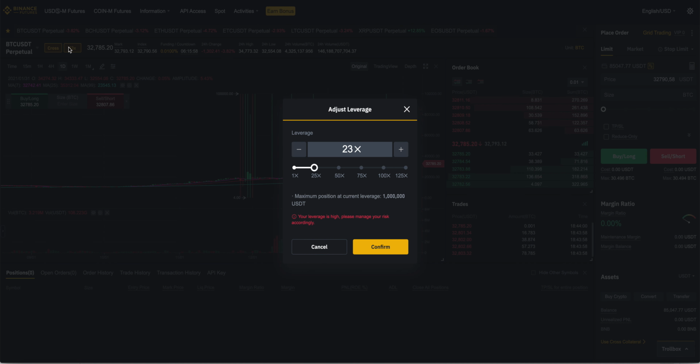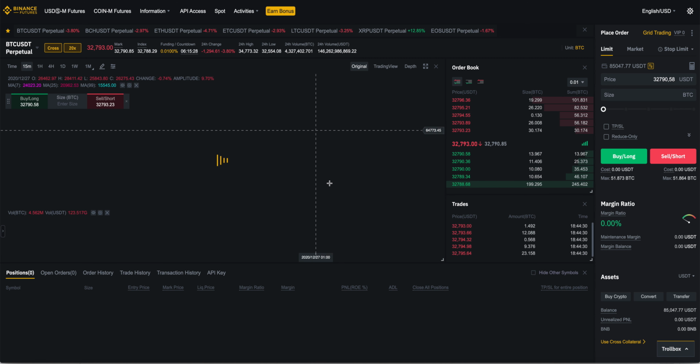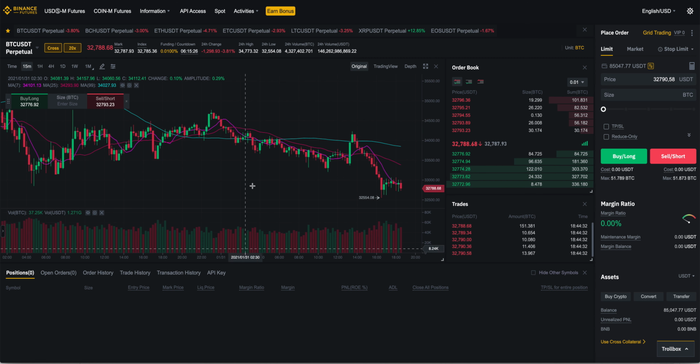This is something important: you can change the leverage. The leverage changes basically on the market. You have 125, for example, on Bitcoin at most. I don't suggest using a high leverage. In my opinion, 20 is already enough for sure. Here you can also change the time frame just to have a different look at the chart. But let's go deeper on how